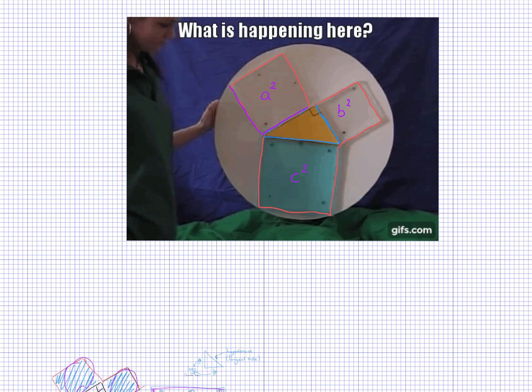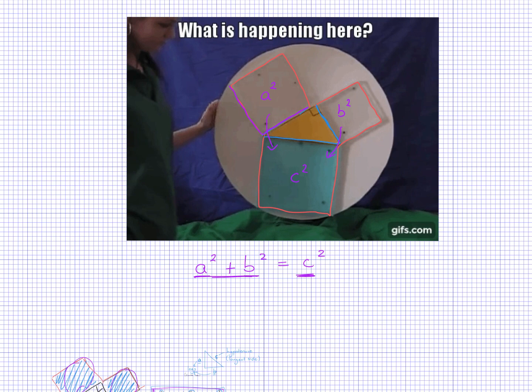Now, because we noticed that the water from the a square and the b square filled up the c square, we can write it like this. We noticed that the water from the a square added to the water from the b square filled up the c square. All right, so this is Pythagoras' theorem right here: a squared plus b squared equals c squared. Okay, that means that we can now use this as a bit of an equation to help us find out